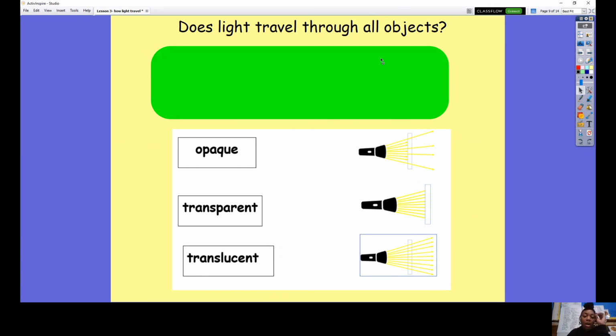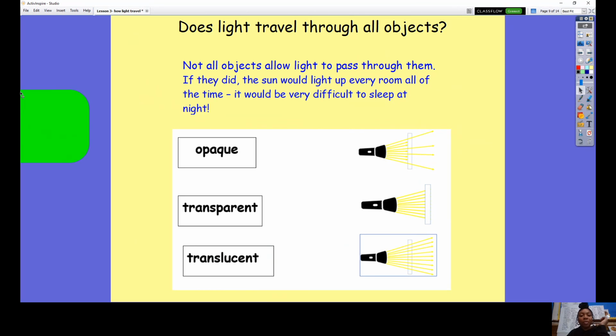Okay, hopefully you've had time to answer that question. The answer is no. Not all objects allow light to pass through. If they did, the sun would light up every room all of the time. It would be very difficult to sleep at night. We know that light doesn't travel through opaque objects, and light only travels partially through translucent objects,